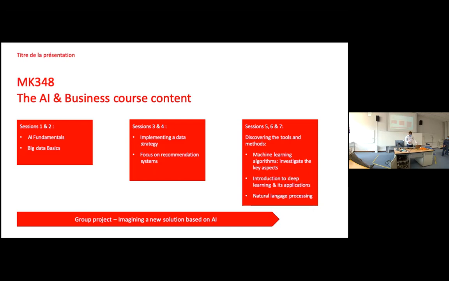We're going to go deep into this, and the next session will be more about what is really happening behind the scenes and how things work, going into machine learning a bit, trying to understand the tools and methods behind it, and also going deeper into deep learning. Next, we explore what we call natural language processing, NLP, maybe you heard about it, which is exactly how you train a machine to understand language.